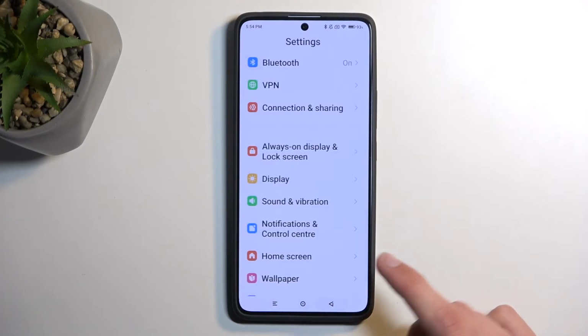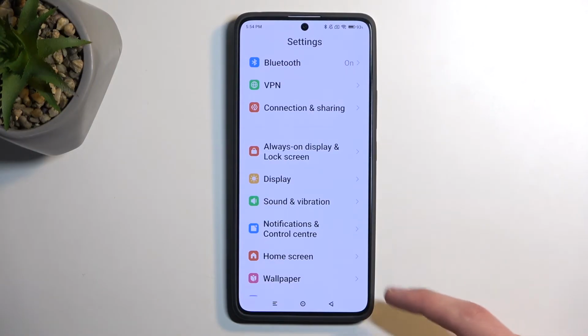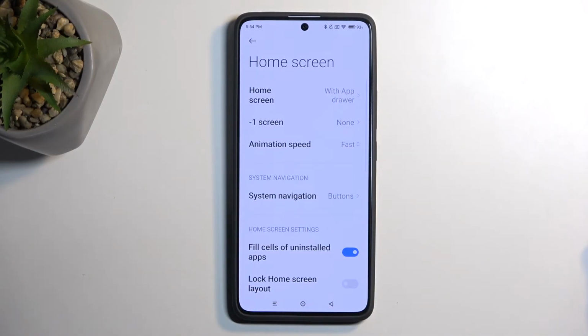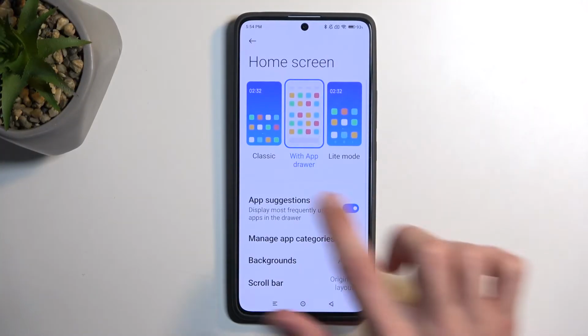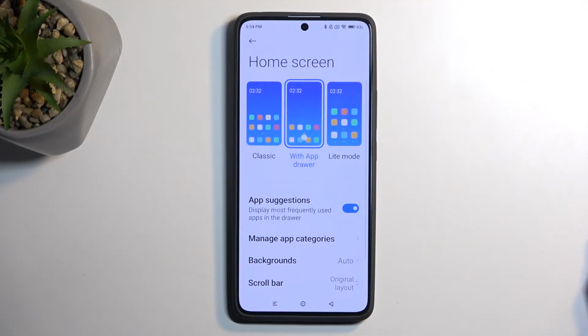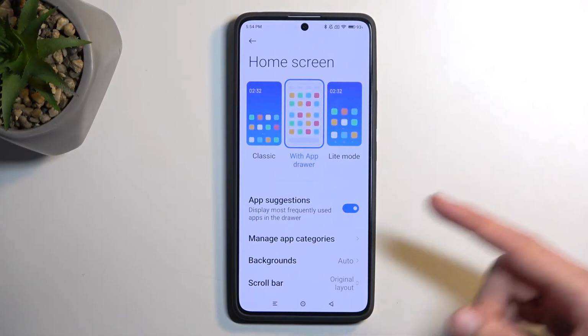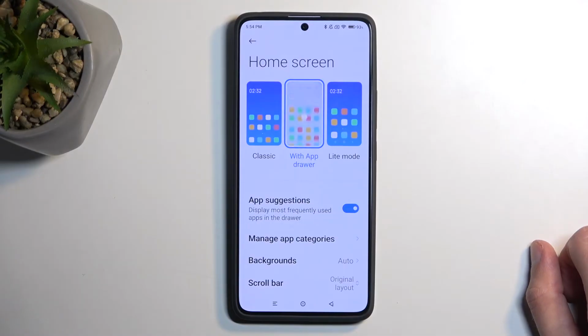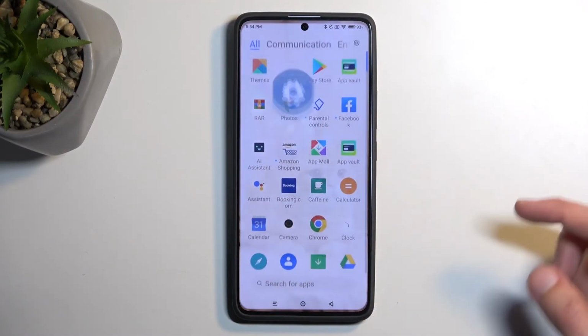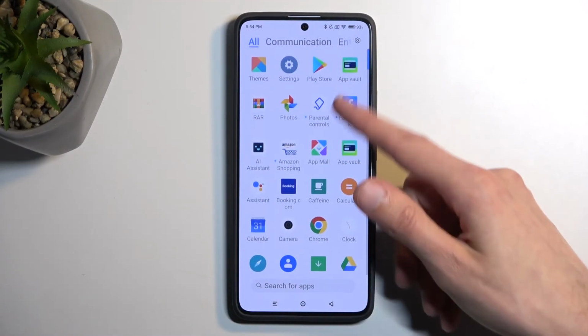Now, continuing on, let's go back to the main settings page, and here we can navigate to home screen. When it comes to Xiaomi, they always come with the classic mode being enabled, which is classic just for iPhones and not for Androids. That's an Android. So I personally do like the app drawer option, which when enabled gives you this app